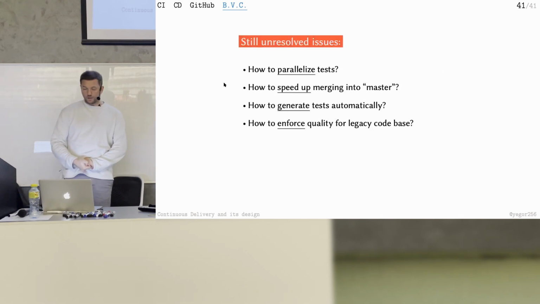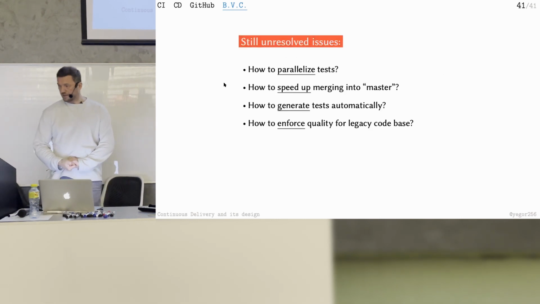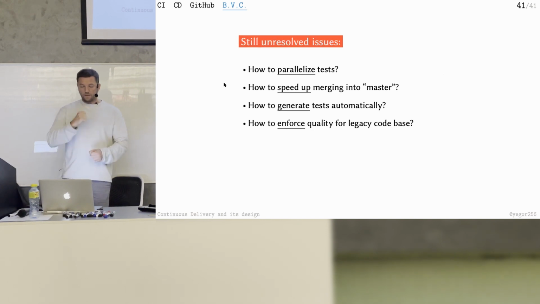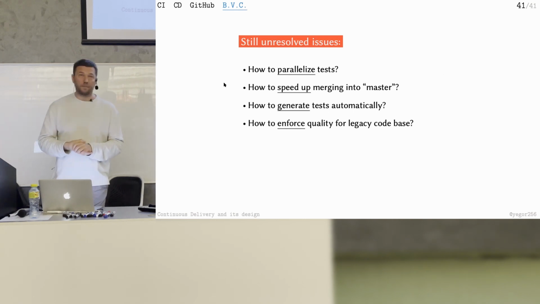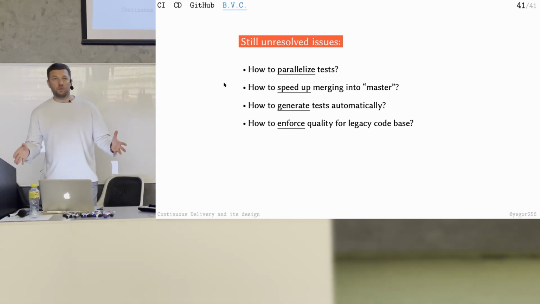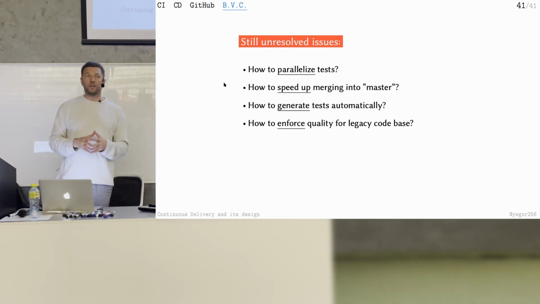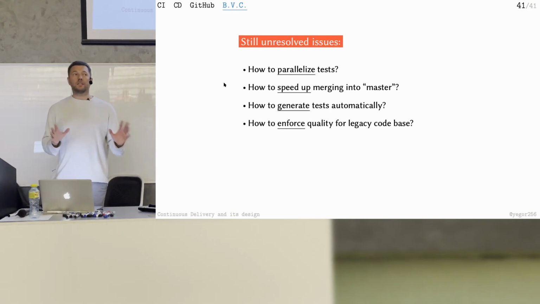Okay, finally, so what is not resolved right now? My final slide, we have 2 more minutes. First one, when we do testing in this build pipeline, a very interesting question is how to parallelize tests. Because builds are usually taking time. And long build is a huge problem. When your build script is running for 5 seconds, it's okay. If it's running for 5 minutes, it's still okay. But if it's running for 5 hours, it's not okay. And people think how to turn 5 hours into 5 minutes.